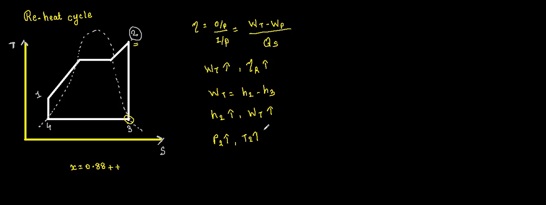Generally, the expansion of the steam is carried out in several stages and the steam is reheated by addition of heat between the stages at suitable points. Any power plant using reheating of steam also employs a regenerative feeding system. So in this diagram, if I want to indicate reheating, then I can indicate it in this manner.